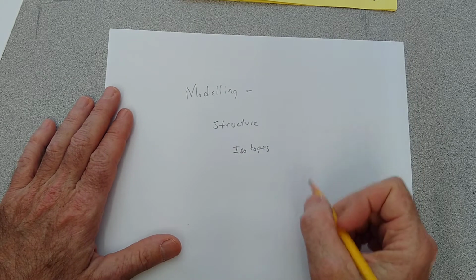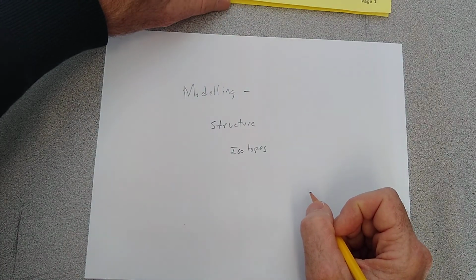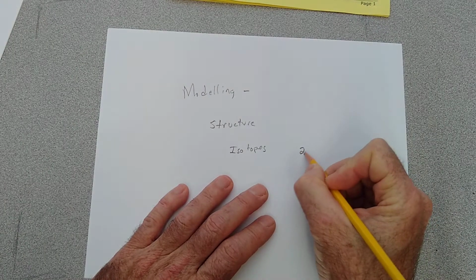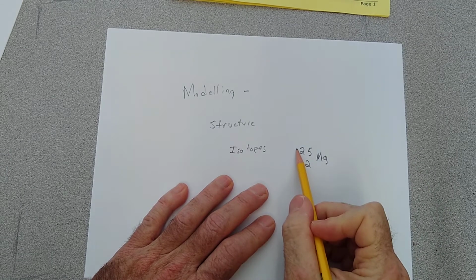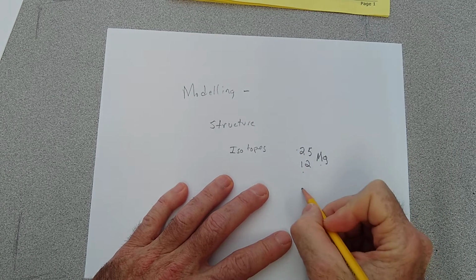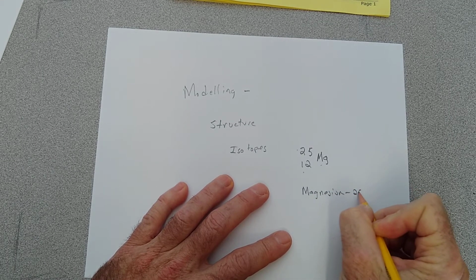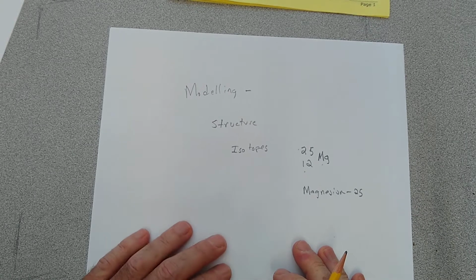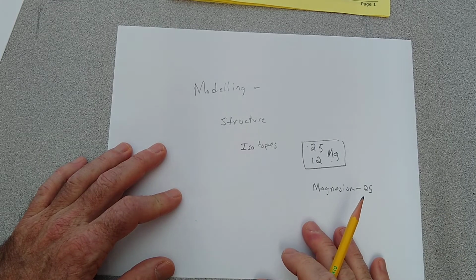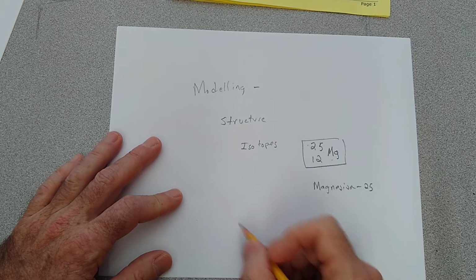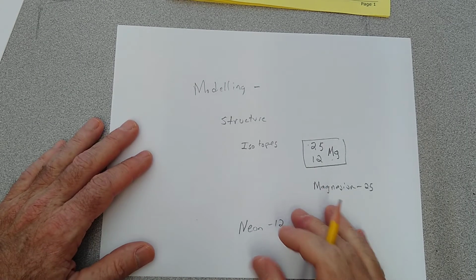And you need to be able to write isotopes. For example, if we were writing an isotope of magnesium-25, we would say 25 over 12 Mg. All right, this is the mass over the atomic number and the symbol. Or you could write magnesium-25, okay? So I would ask you to write this type of symbol for neon-12. I would ask you to write this type of symbol